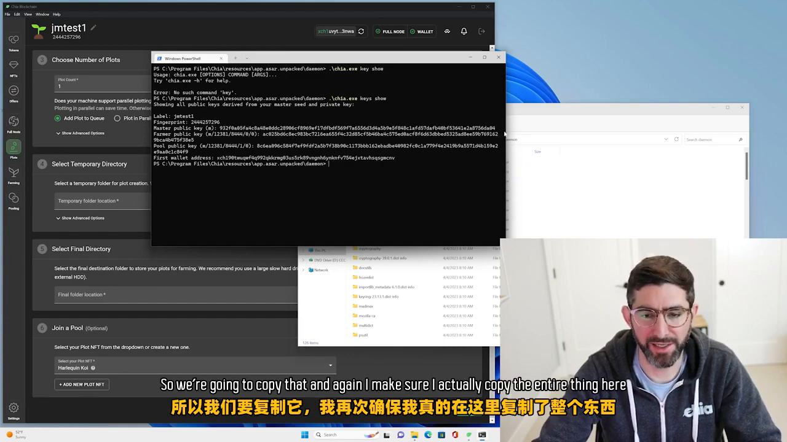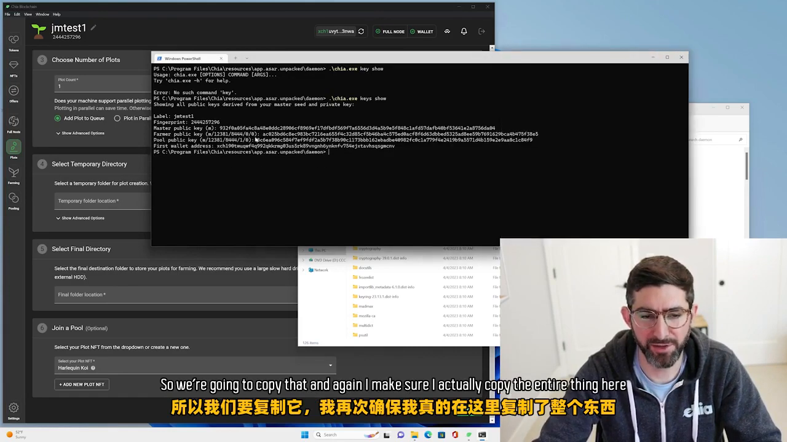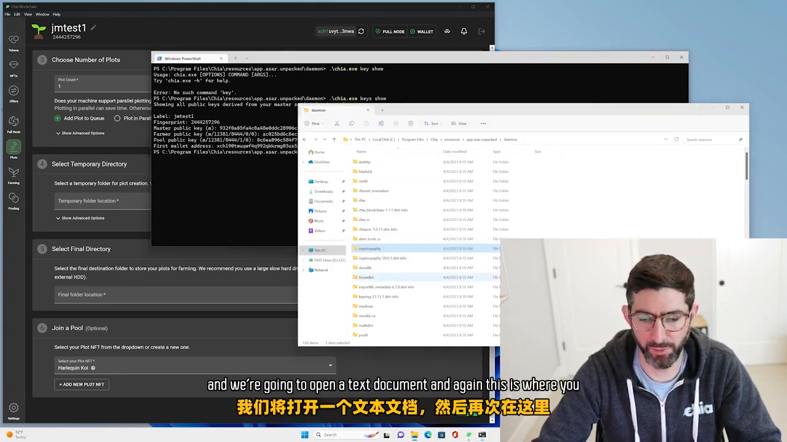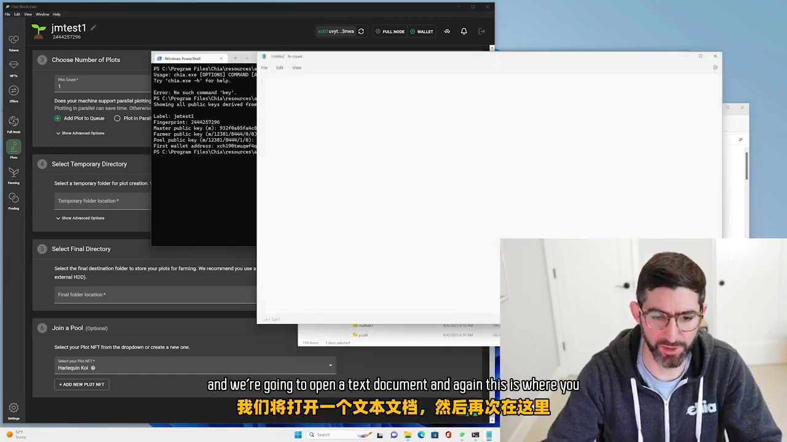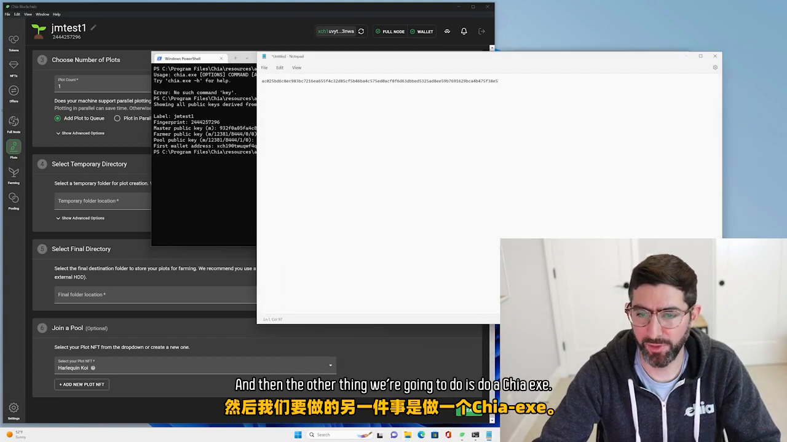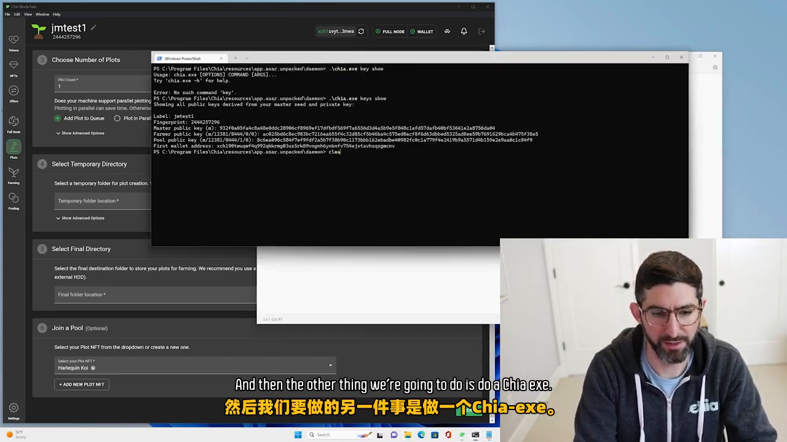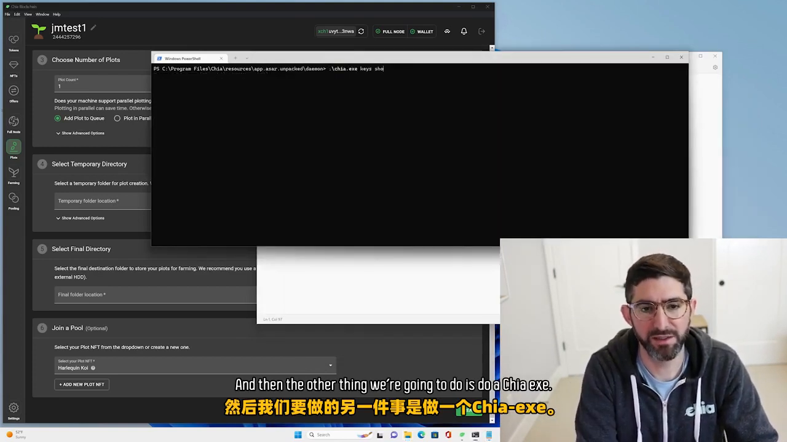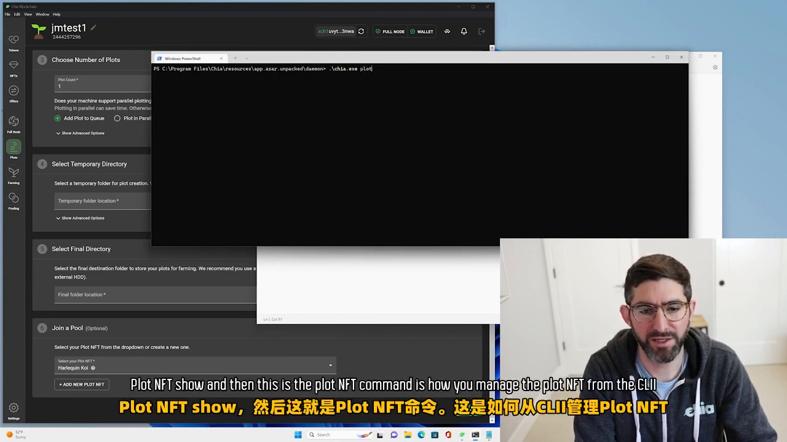So we're going to copy that, and again, I make sure I copy the entire thing here. And we're going to open a text document, and this is where you would put in your farmer key. And then the other thing we're going to do is run Chia exe plot NFT show. This is the plot NFT command, which is how you manage the plot NFT from the